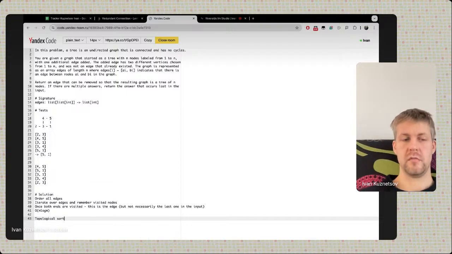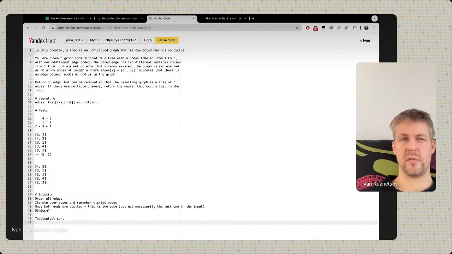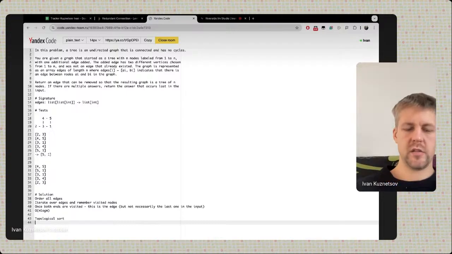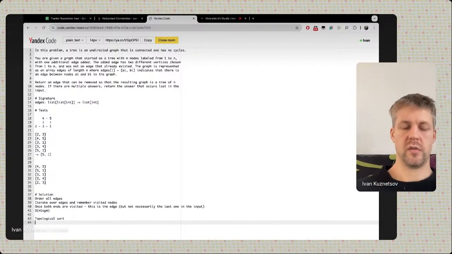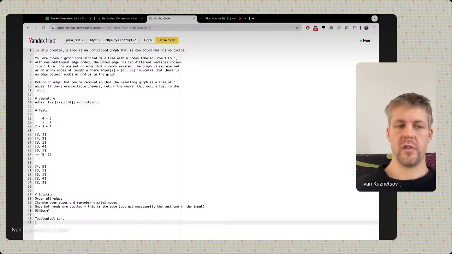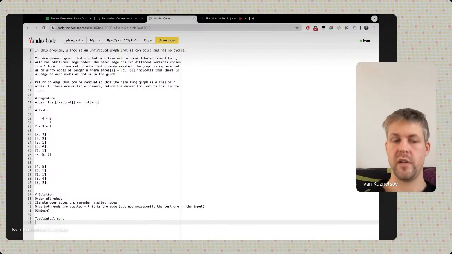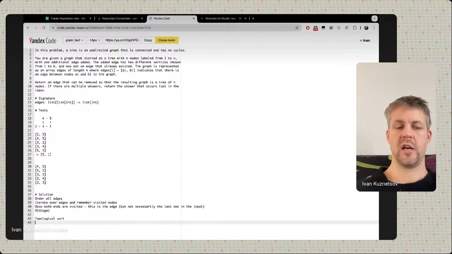Okay, so yeah, it's kind of a topological sort with removing of edges. So let's think what it will cost us in terms of runtime. So identifying all the nodes that have just one edge, incoming or outgoing edge, will be O of m,